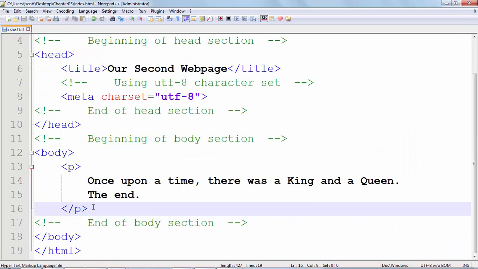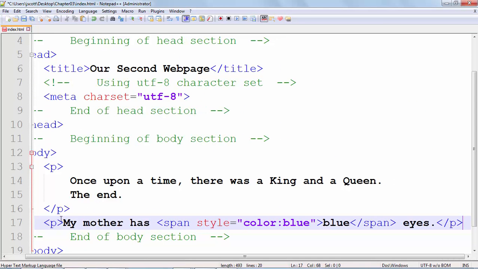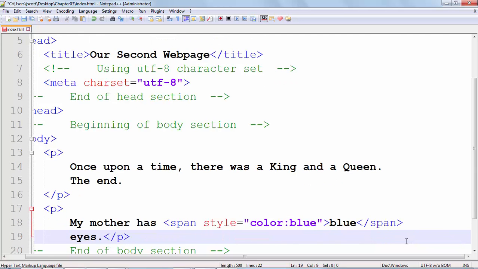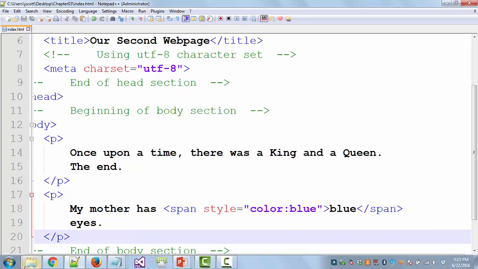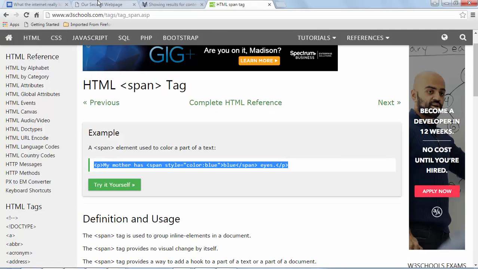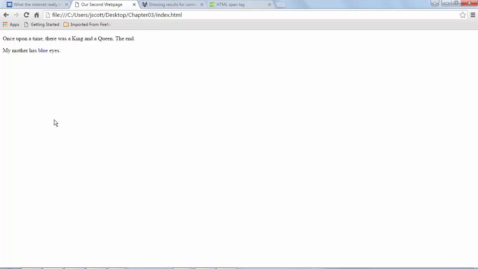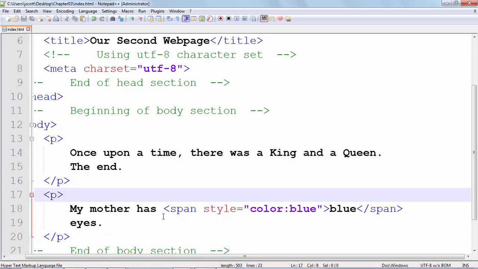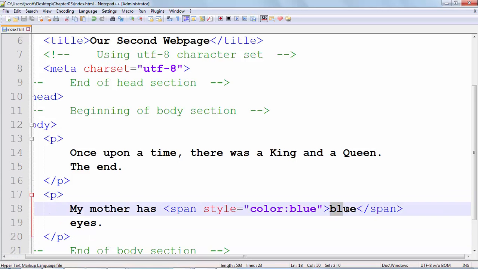I'm going to keep that in there just the way it is, and I'm going to add another paragraph here. My mother has, okay, and it may not look like much, but let's run it, and then we'll come back and decompose it a little bit. My mother has blue eyes, and notice that the word blue isn't blue. So what did we do right there? What we did was we said, before this word, I'm putting this word in what are called